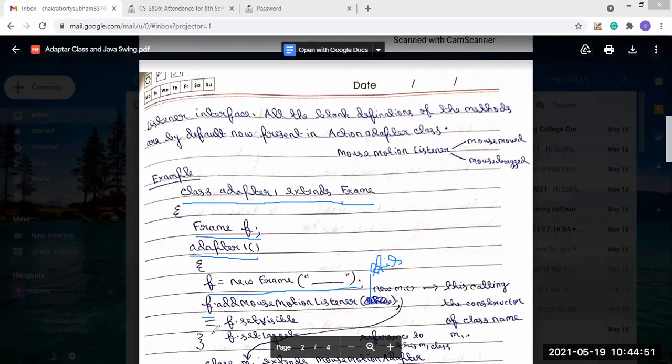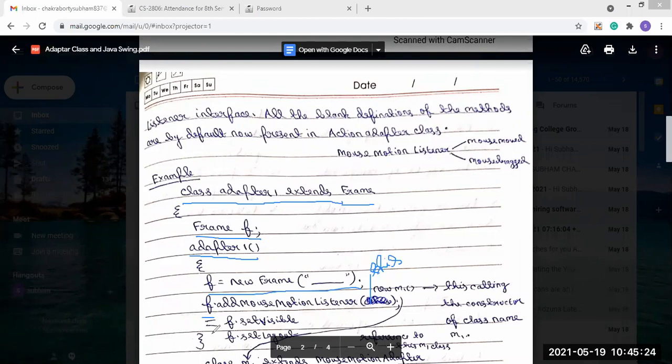Through this we are calling the constructor of the class named M1. That means we are passing the current M1 object and registering the frame with the mouse motion listener.